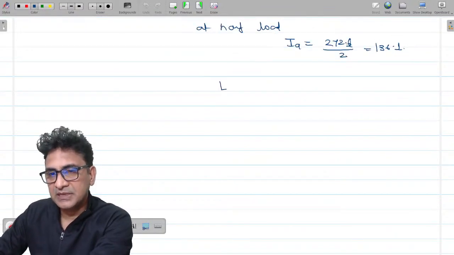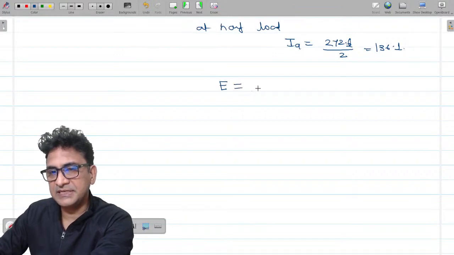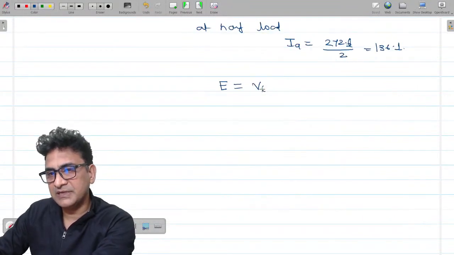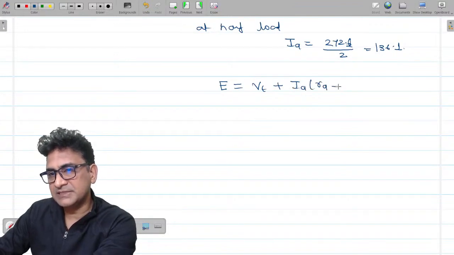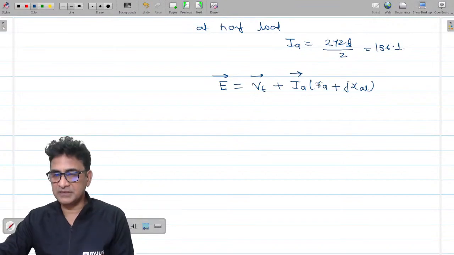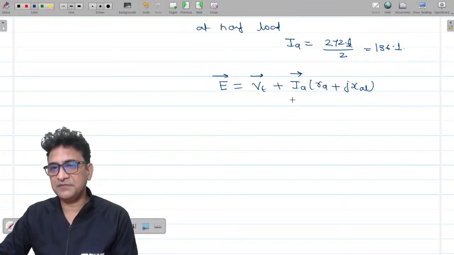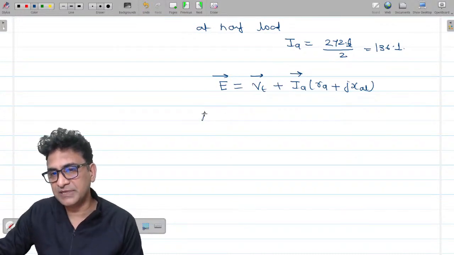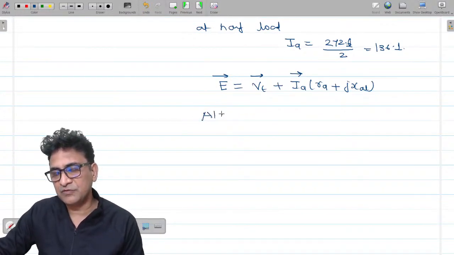See, if you use the phasor equation, this E is equivalent to VT plus the voltage drop across RA plus XL. So it is VT plus IA RA plus jXL. This is the induced EMF. This is the phasor equation. Either you can use this phasor equation directly if you are comfortable dealing with it. If you are not comfortable, then you can also use the algebraic equation. What will be the algebraic equation